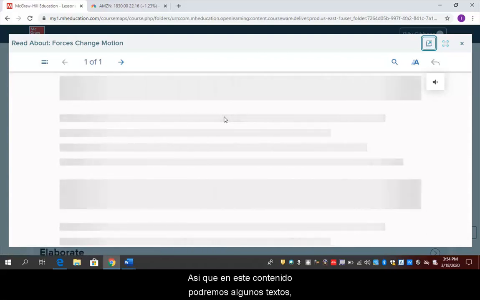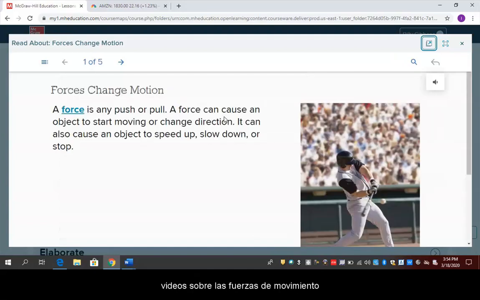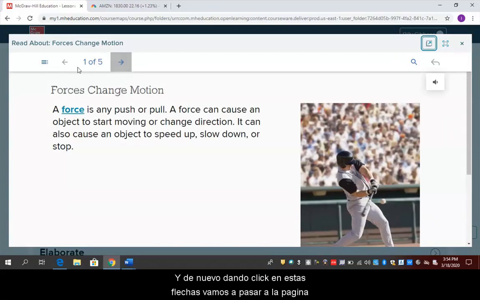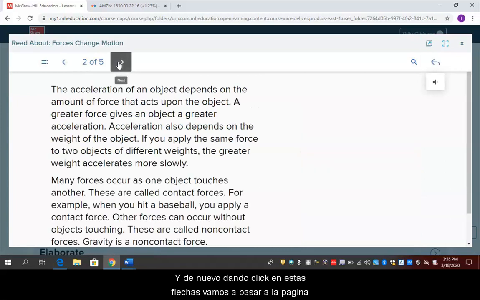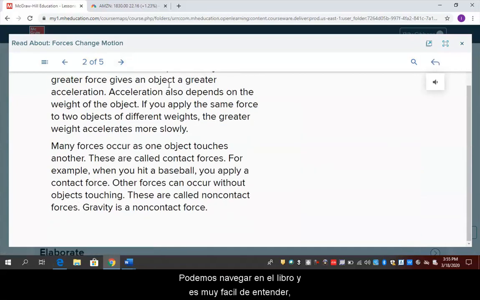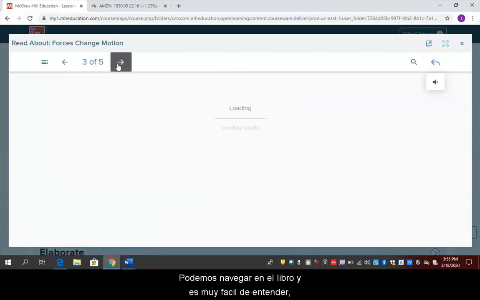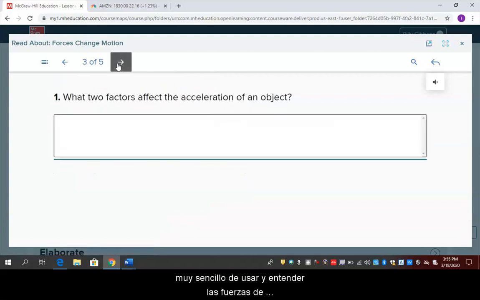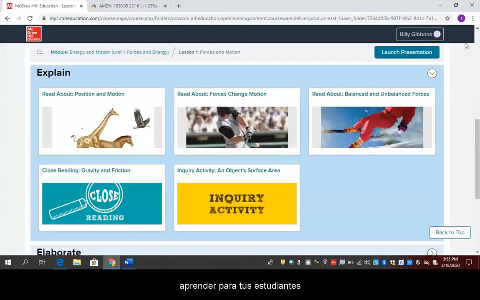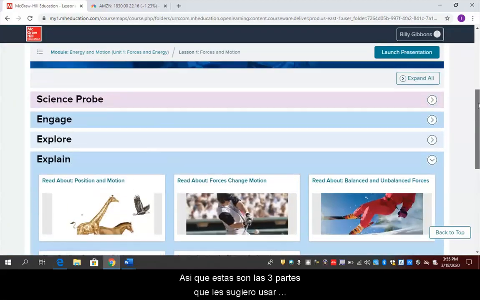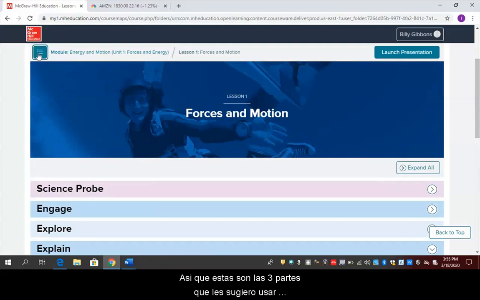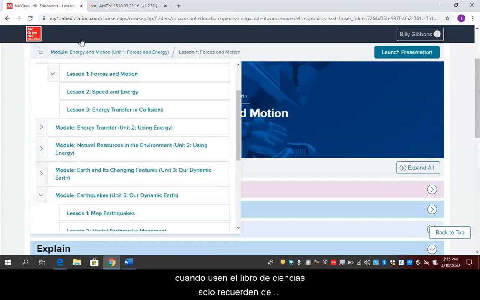So within this content might be some interactives, might be a video. Here we have Forces in Motion. I could click on through the next page by clicking on this arrow. Let's go into page 2. We can go through this. It's easy to understand, easy to digest information about Forces in Motion, and then opportunities for response that your students can save there. So those are 3 locations I would suggest you use when going into the program on the